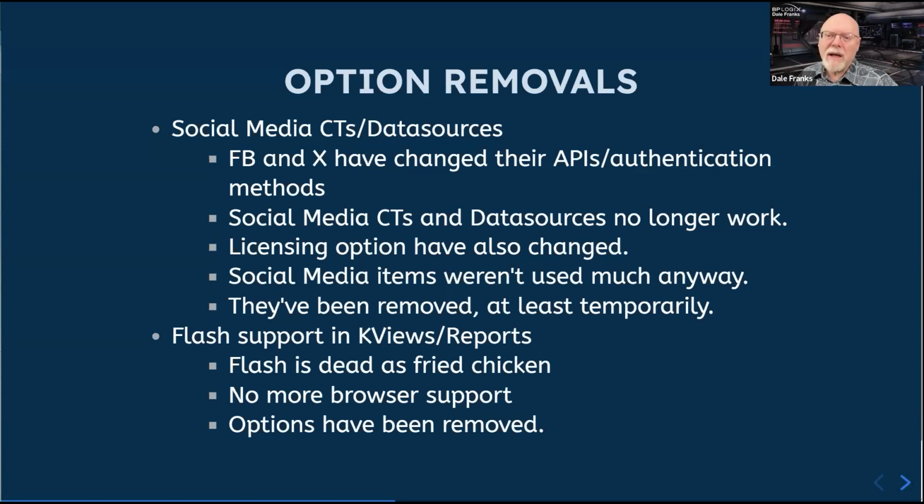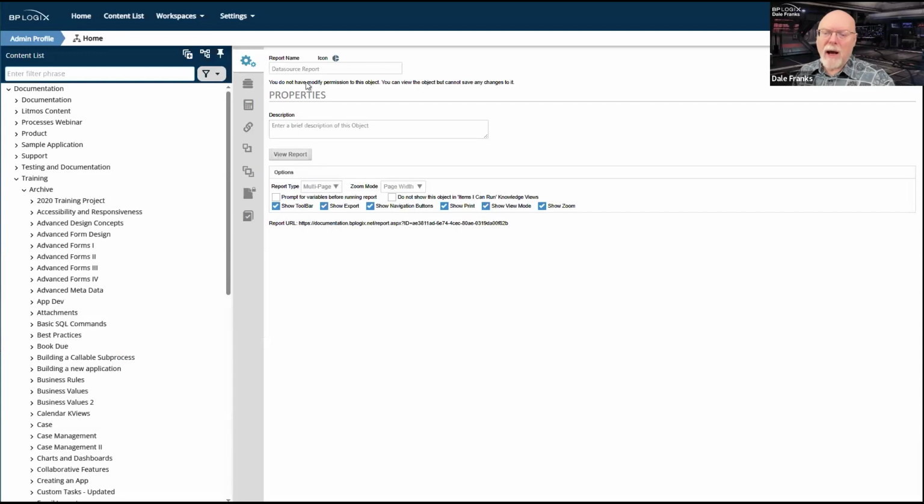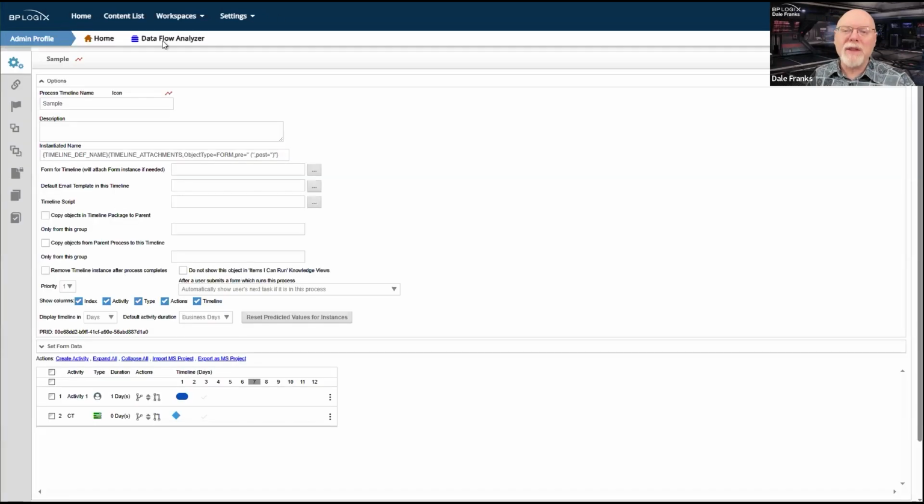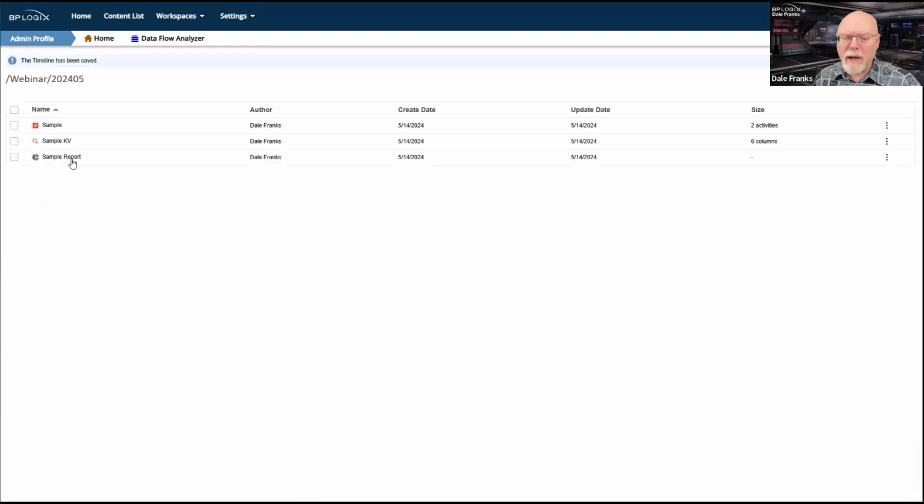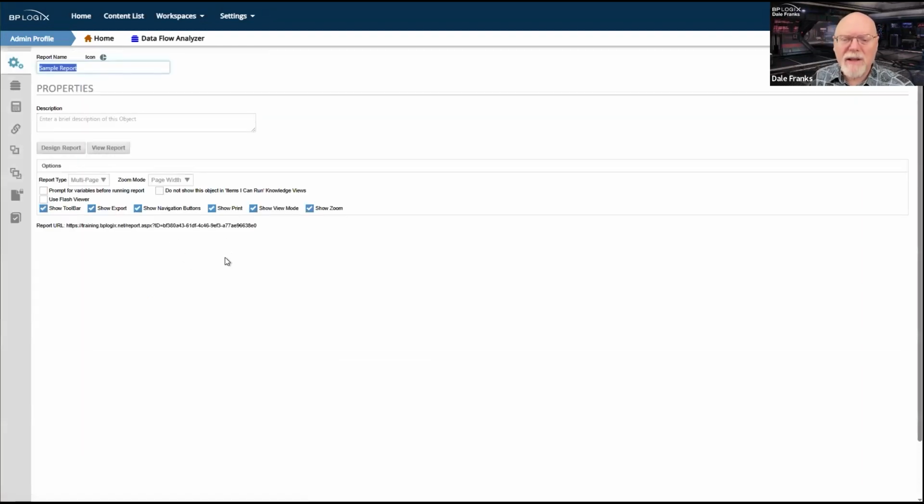The second is Flash support. You may notice in certain items, and that's the wrong item. That's not the one I wanted to show you. The one I want to show you is over here. You may notice in certain items, and in this case, I have a report. There are also some of these items in knowledge views where you have this little option right here that says use Flash Viewer.